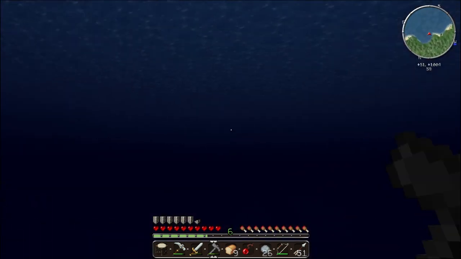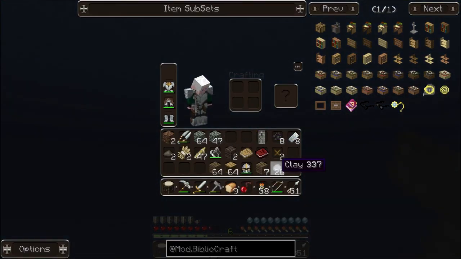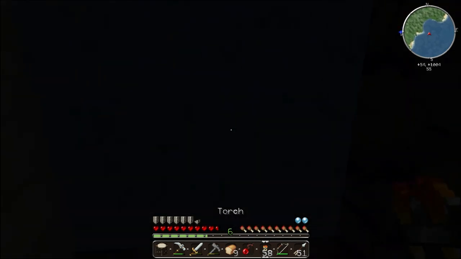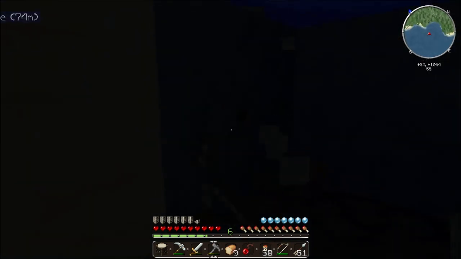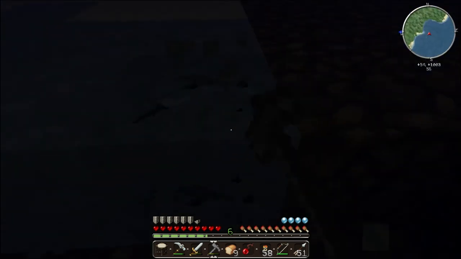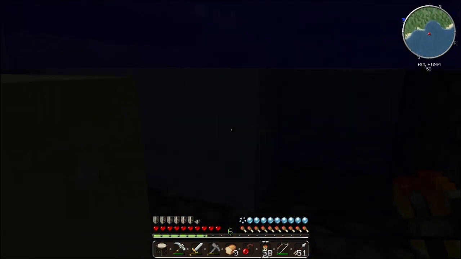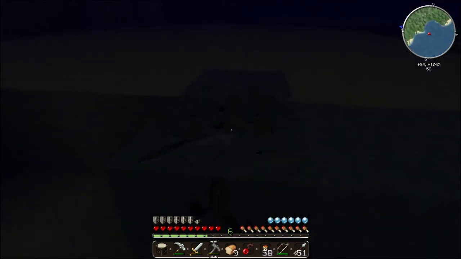Okay, come on. Nope. I need torches on my hotbar. Okay, and then I can do this. Haha! Pro tip: that is how you manage to stay alive for long periods of time underwater. And I'm going to need a lot of clay. I know this is going to be a little bit boring, but